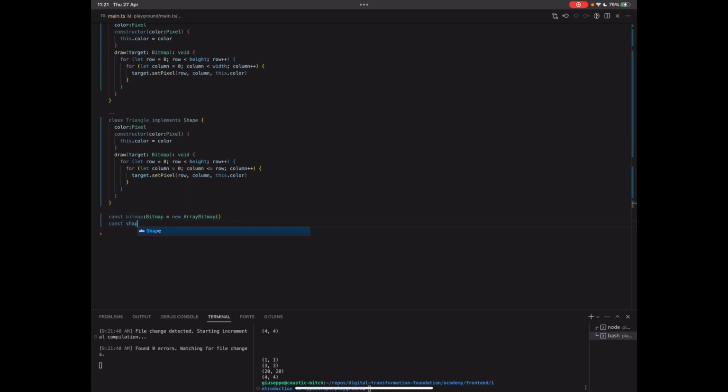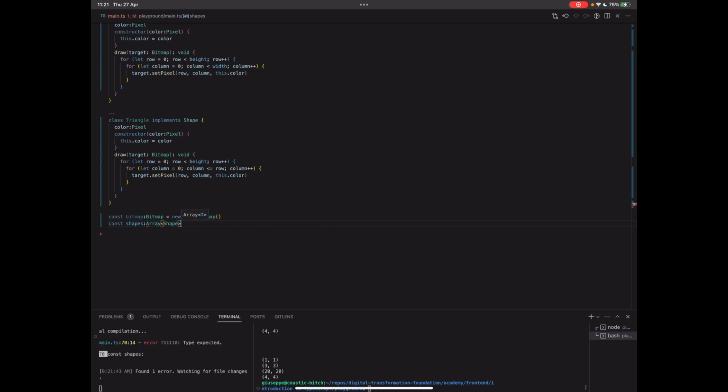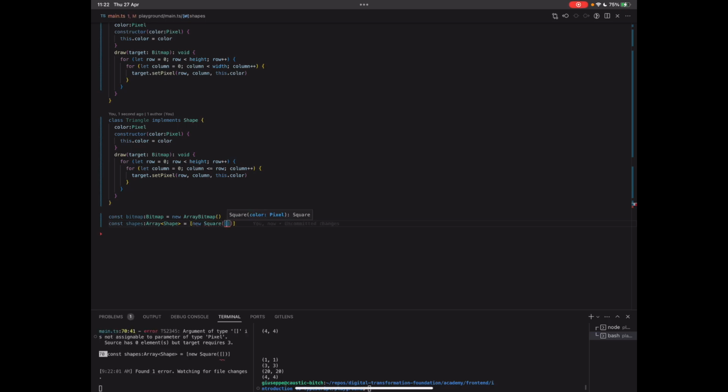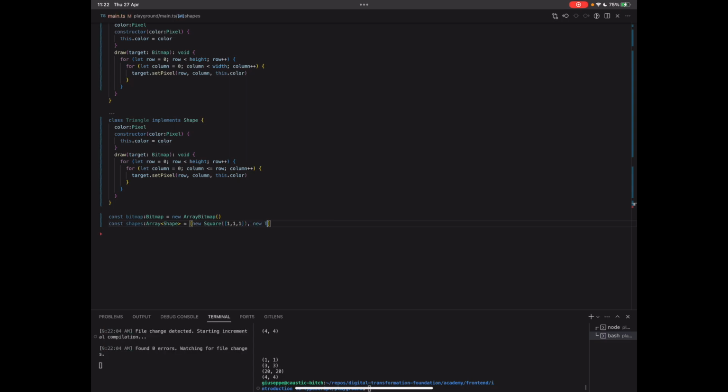We do the same for the shapes. We declare an array of shape, and obviously, a shape is an interface, and an interface cannot be instantiated because it's an incomplete thing, so you can't say, hey, I want to have a new shape. No, it doesn't matter. You can have a triangle, you can have a square, and this is exactly what we're going to do. We're going to pass a square, and the square will be white, and we are going to pass a triangle, and the triangle will be just